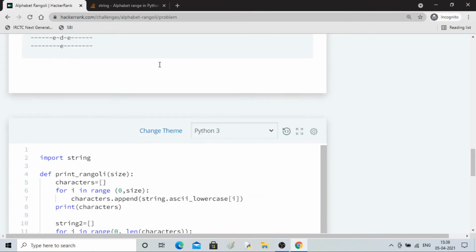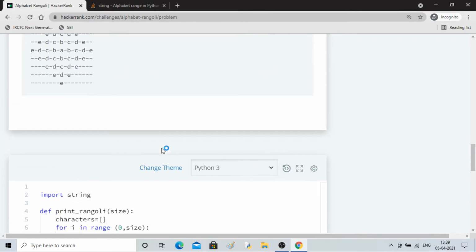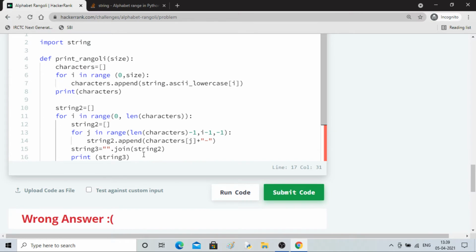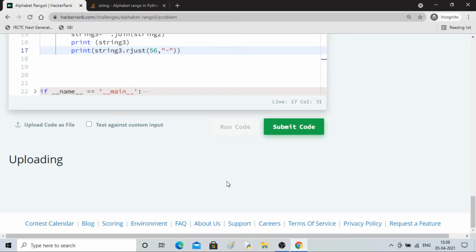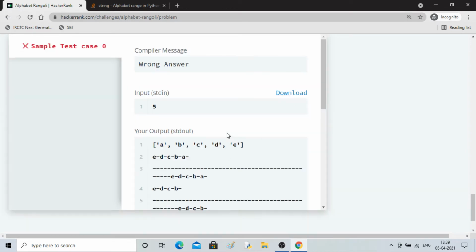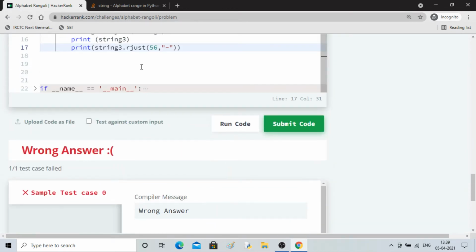This is what we want, right? Dashes we want in the fill. What should be the size? Let me take some 56 right now. Whether it's working or not, first I have to check. Not 56, it's too much. 26 let me take.